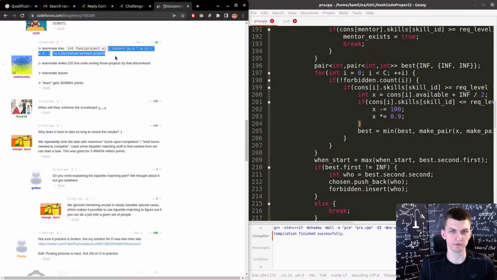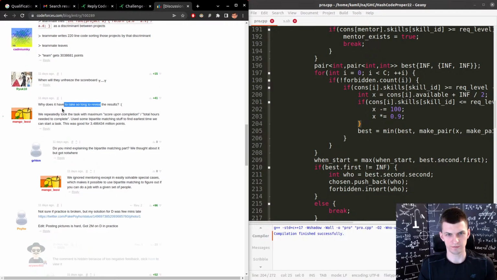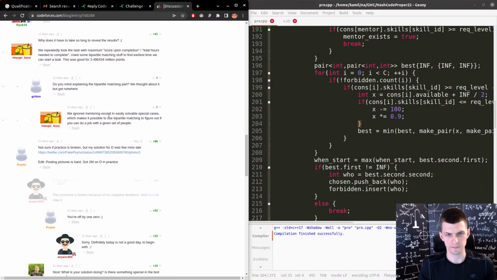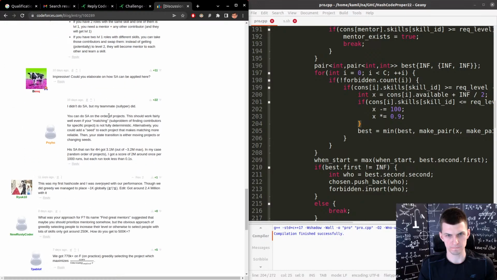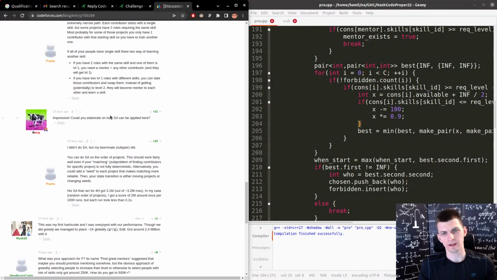I can experiment with functions more complicated than the score, and this is something I tried during a contest. I think that with those complicated ladders where there is some project with skill required 1, then 2, and so on, you need to be very specific to actually hit all of that.